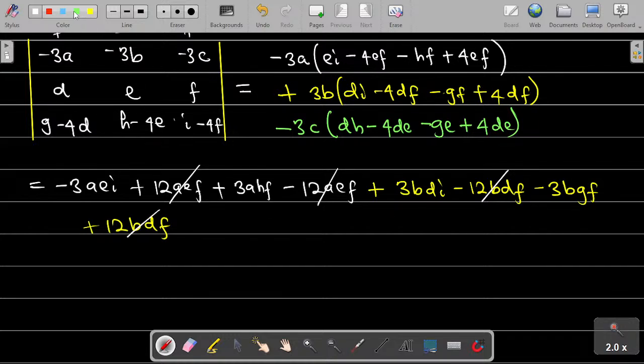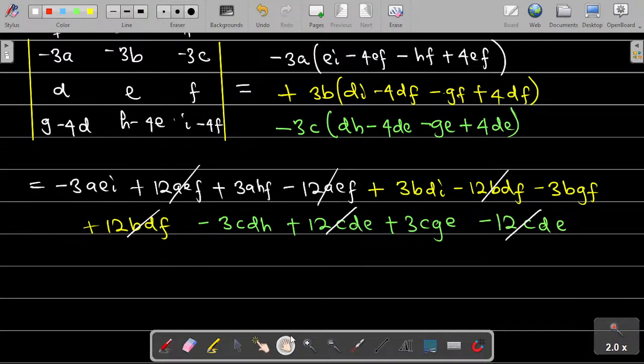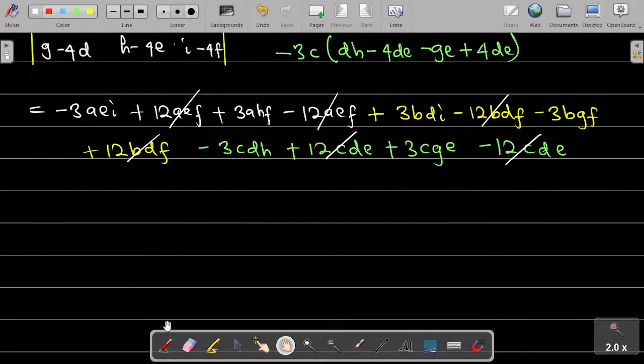So the last one, which is this, you have minus 3CDH plus 12CDE, then plus 3 CGE or GCE, anyone, and then finally minus 12 CDE. Okay, and again you can see that this cancelled out this. Right, so from here we just have, what do we have left here, which is